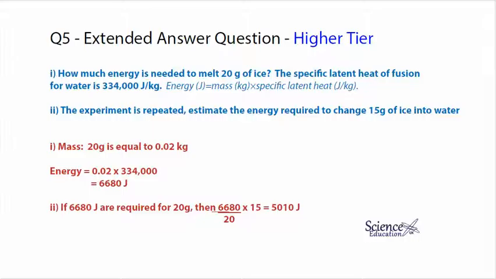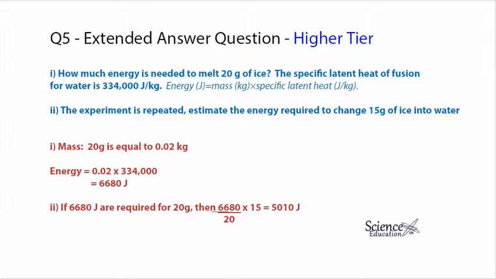Okay, hands up. Who put 20 grams into the equation? Yes, most people. What we need to remember when we start this calculation is that in the equation mass is in kilograms and we've been given 20 grams in the question. So first of all we need to change mass from 20 grams to 0.02 kilograms. Then we can do the calculation, energy equals mass times the specific latent heat, and that gives us an answer